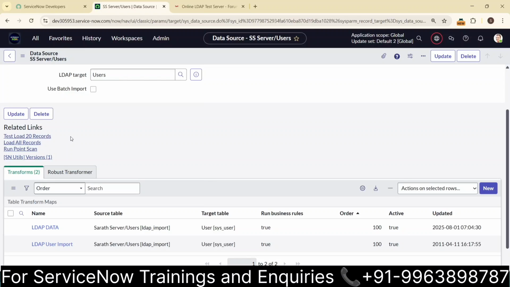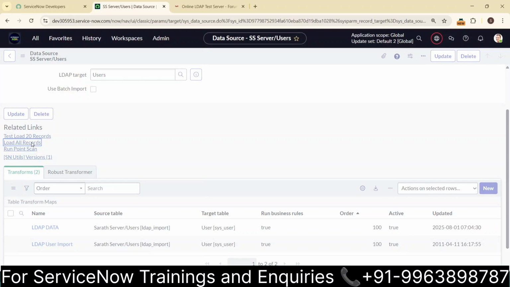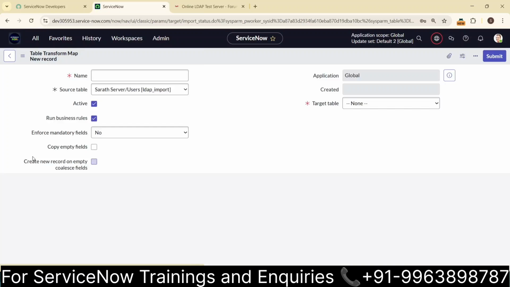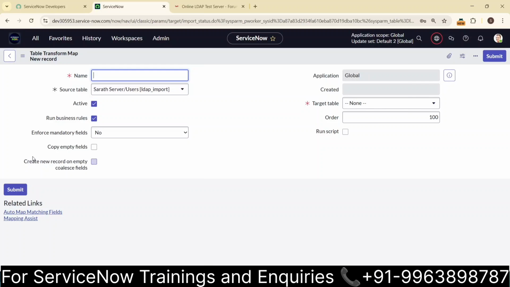Right now we don't have much data compared to 20 records. Click on this load all records, and these 14 records are processed and these 14 records are inserted. Okay, then click on create transform map for creating the transform map from the source to the target. It is asking for the table transform map here. Just mention demo for B26